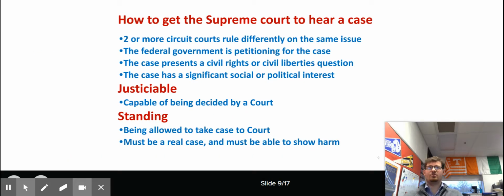Ooh. So how to get your case to the Supreme Court. So a lot of people think that if they have some horrific legal issue that they have a right to take it to the Supreme Court. And while to some extent they do, the likelihood of them getting there is very, very slim. So you get to the Supreme Court by, you get 2 of the 12 circuit courts to rule differently on the same issue. So when you have the different lower courts ruling differently, the Supreme Court will often take up